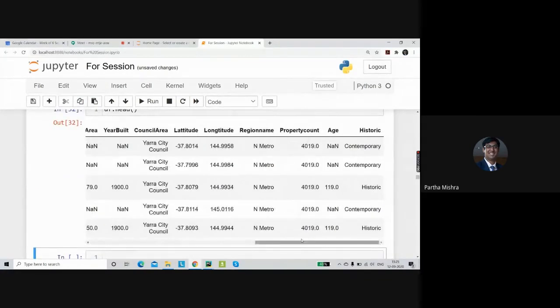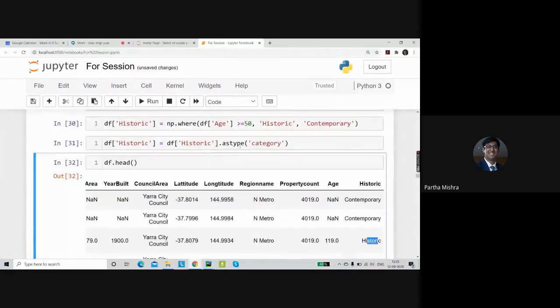So the last column that we have created is historic. Okay. So for example, here we have a house which is 119 years old compared to 2019. So that has been called historic because it is matching this condition that it is greater than 50. Otherwise, it is called contemporary.